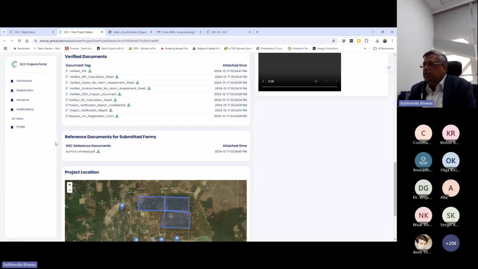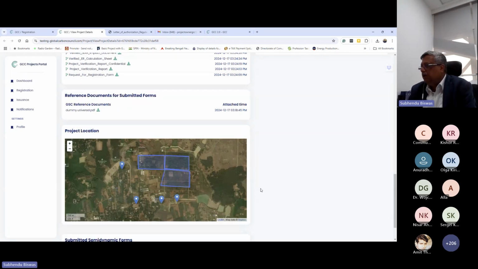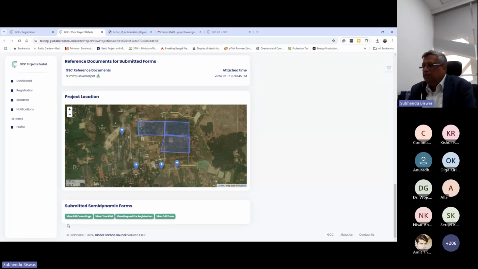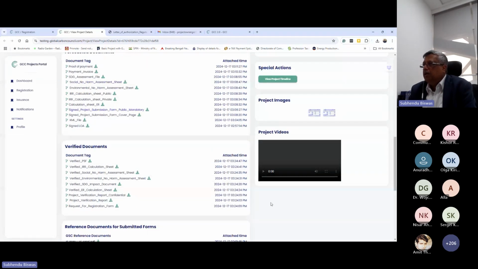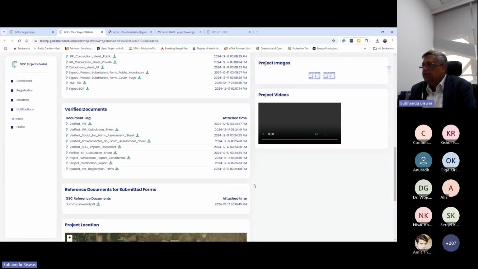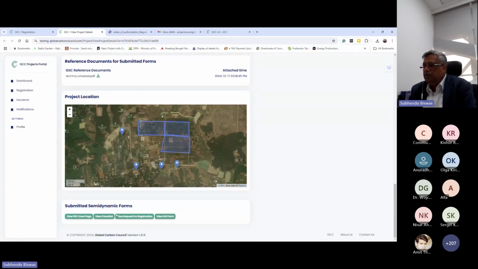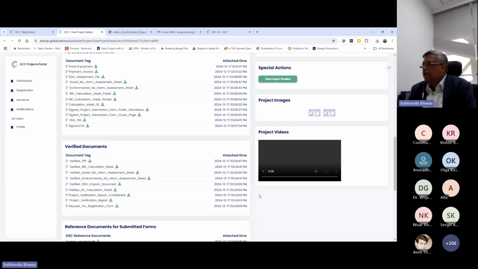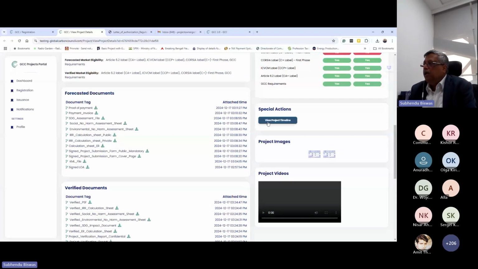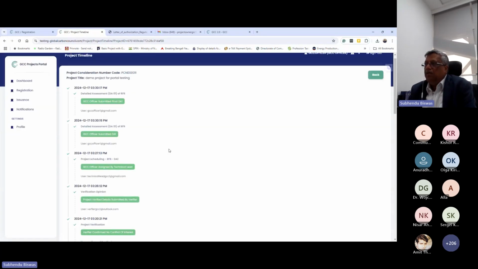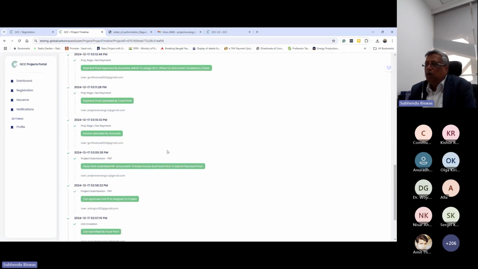It gives all the GSC submissions that have been made. It renders the map box and all the semi-dynamic forms. These are forms which are in PDF format, right? So these are separately listed, and all the semi-dynamic forms which are in the soft version are listed here. So the officer has a view of everything, the images, the videos, and we have an audit trail. That is, if he clicks on timeline, he will get a detailed view of who did what in this project